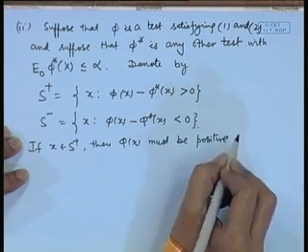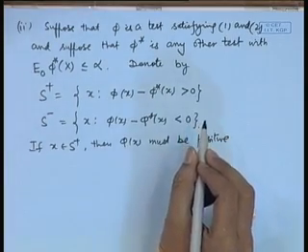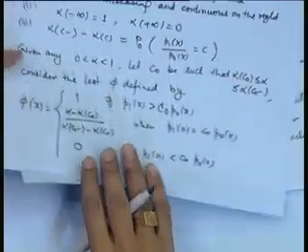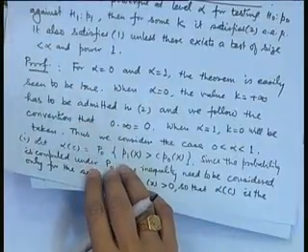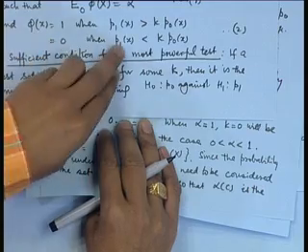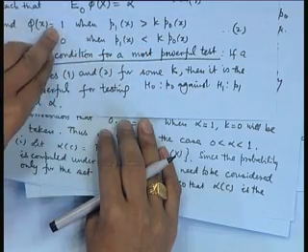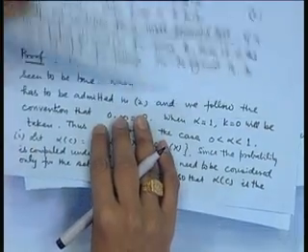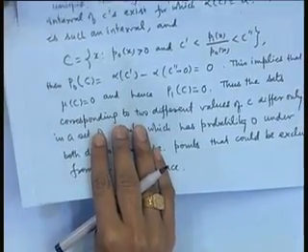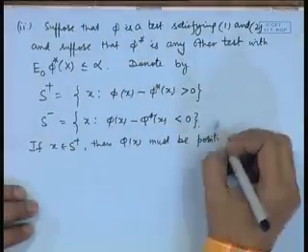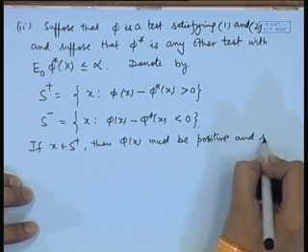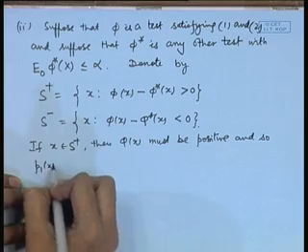Now, if it is positive, then the way we have defined our test function, if you remember the definition of the test function, if it is 0 then only it is less, that means in other cases it has to be greater than or equal to. So, then phi x must be strictly positive and so we will have p 1 x greater than or equal to